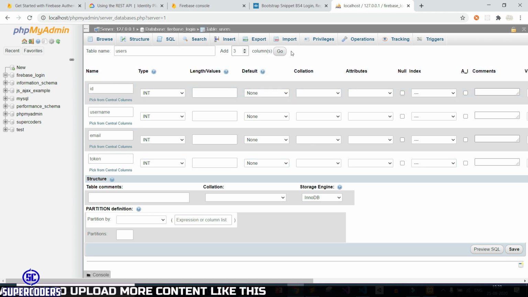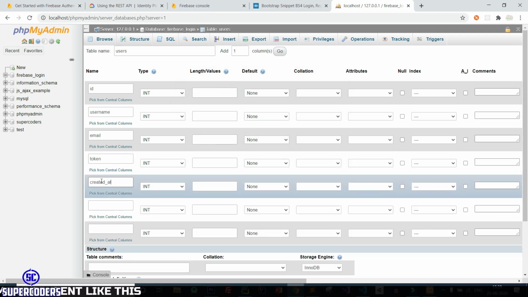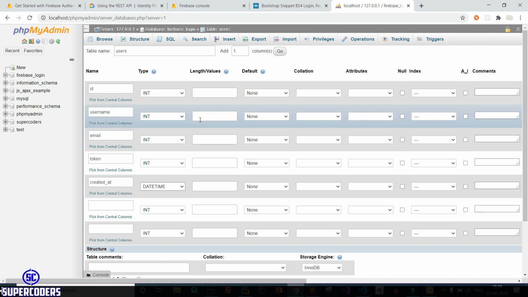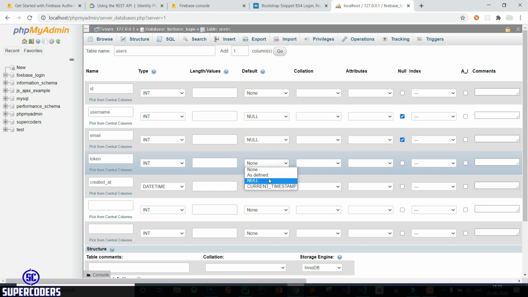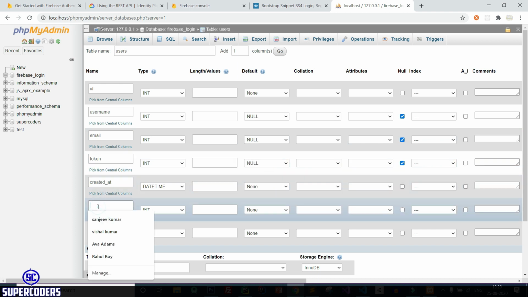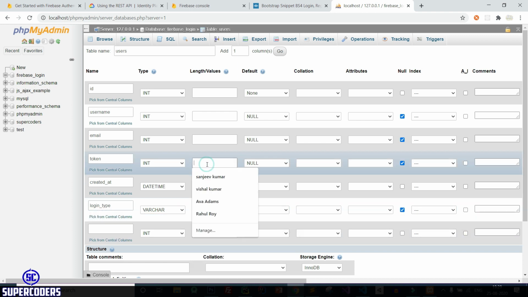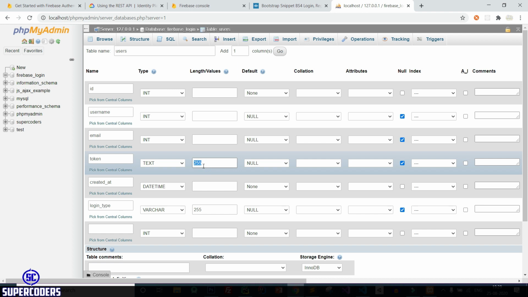and add 3 more columns. Created at, datetime, and default null, and adding one more thing, login type, varchar, null, 255, or make this text format because the token is very large.